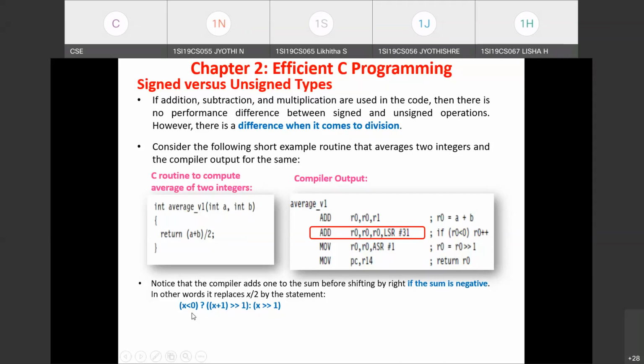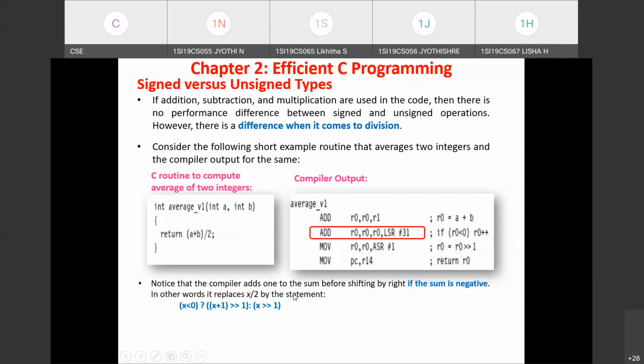But if x is positive, then just an arithmetic right shift by one time is done. Only if the sum is negative, it first adds 1 to the result and then performs the arithmetic right shift one time. If it is positive, it simply performs the right shift.